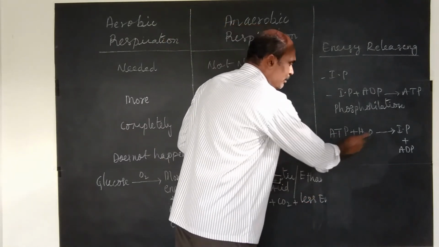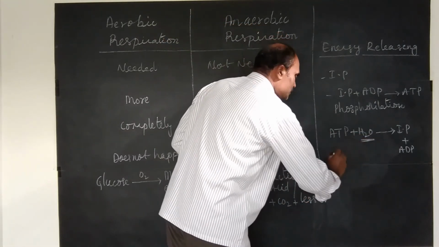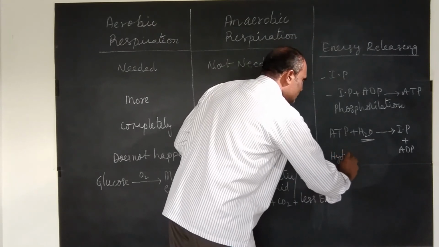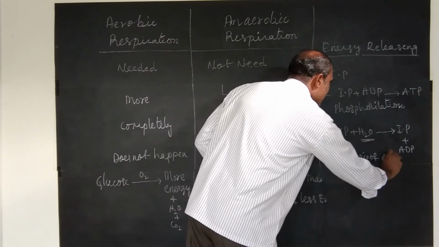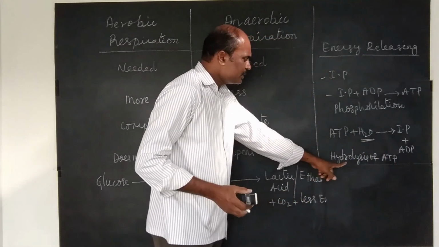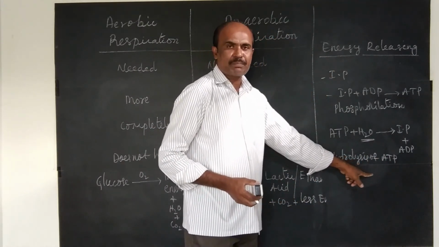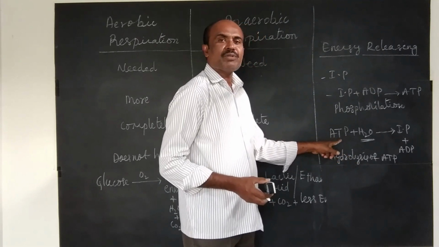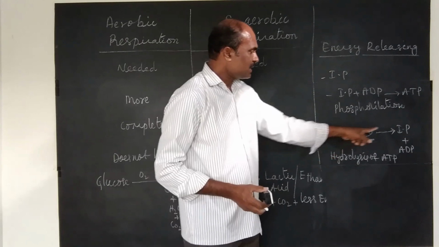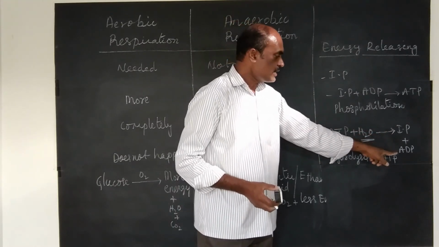This process happens in the presence of water, so it is called hydrolysis of ATP. Hydro means water, lysis means split. So in the presence of water molecule, the ATP molecule is broken down. As a result, energy is released and ADP is